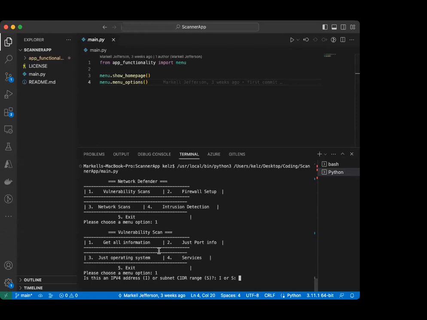This is important essentially because it sanitizes your input, so it makes sure you get the correct input. So we're just gonna put IPv4 address. And if I was doing a subnet, I would have clicked S. So we're gonna enter our